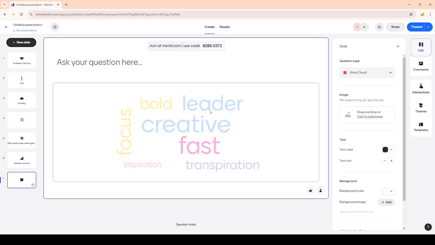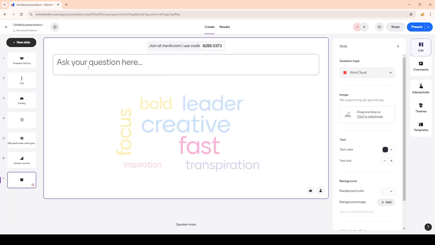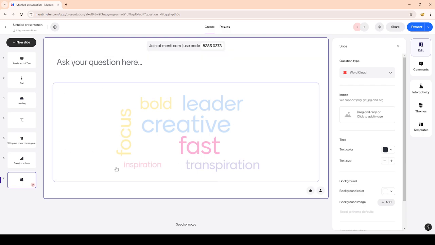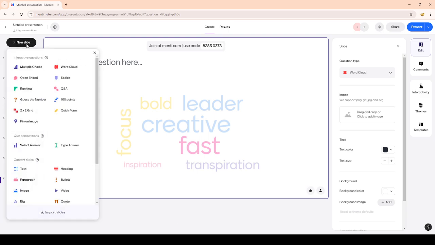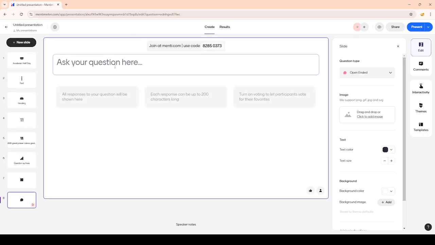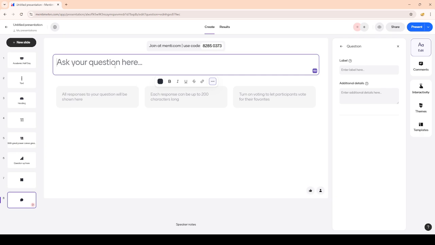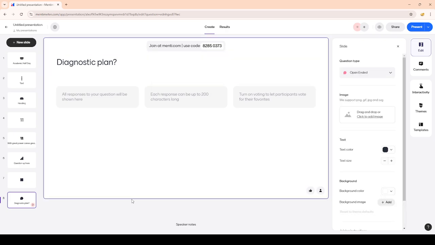Another one that's good too, especially in the beginning of a lecture, is word cloud. This will be one-word answers that your participants will text in, and you can ask your question and create a word cloud around the topic of your interest. Open-ended I find is pretty good, especially for more senior learners, because you can ask for things like a diagnostic plan or a management plan, and the trainees will type in either on their phone or their